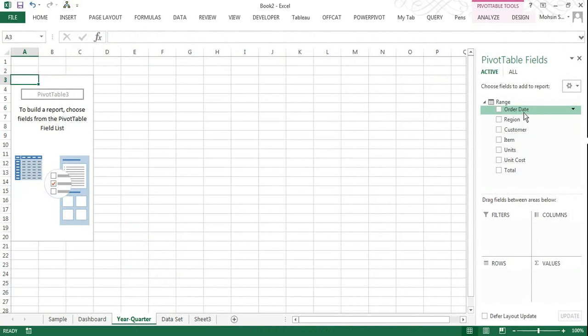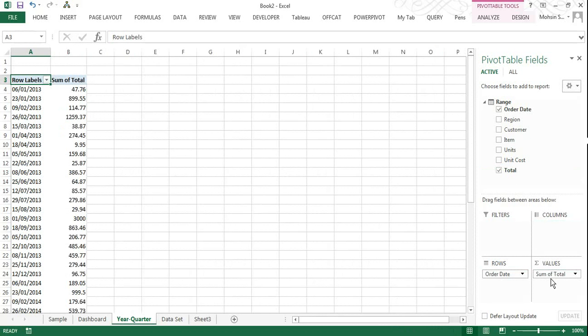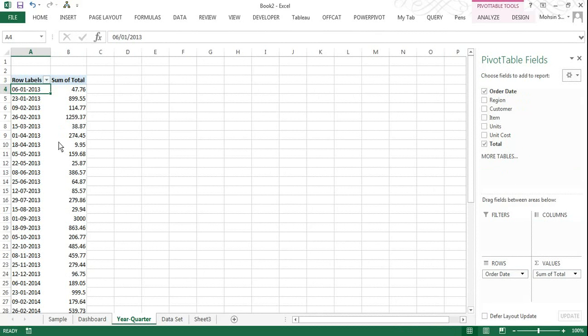Now we'll choose the order date and add it to the row column, and now what we want is total sales data reported. So I will choose the total and I will add it here. Now we want yearly and quarterly. Now you can see all the date fields are present in the row labels, but we want the data for yearly and quarterly. For that, we will select one of the cells from the row labels, right click here